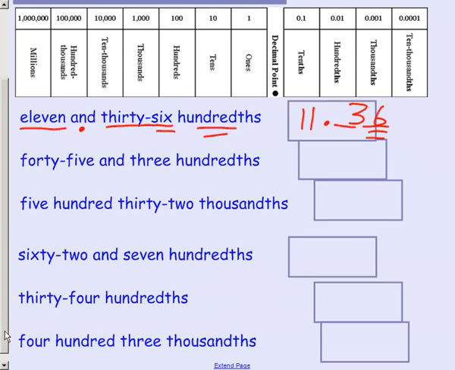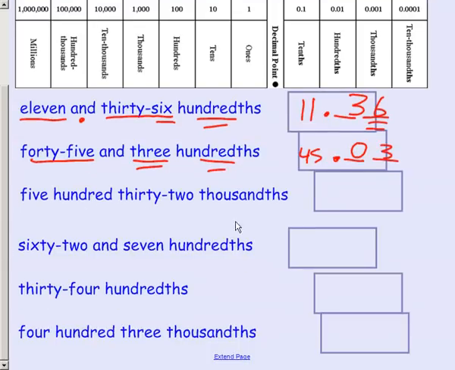Okay, the next one, 45 and 3 hundredths. So I'm going to place my decimal for and. 45 is my whole number before the decimal. My number after the decimal is 3, but it has to be in the hundredths place. So I'm going to draw out the tenths and hundredths, and I'm going to put the 3 in the hundredths place. Now notice there's nothing here, so we're going to put a 0 as a placeholder. Next problem,